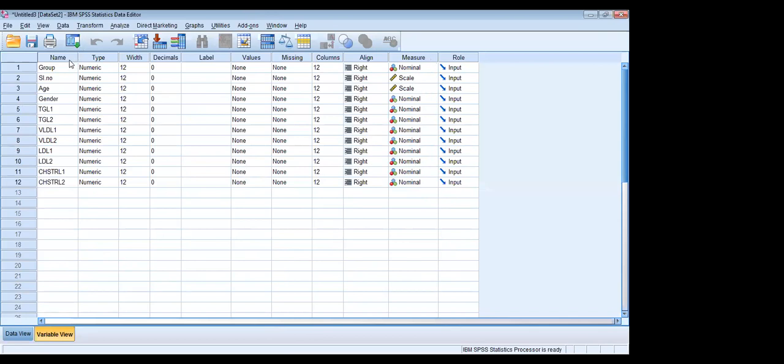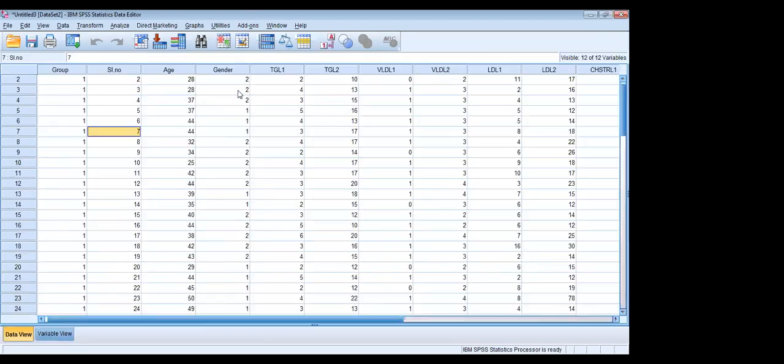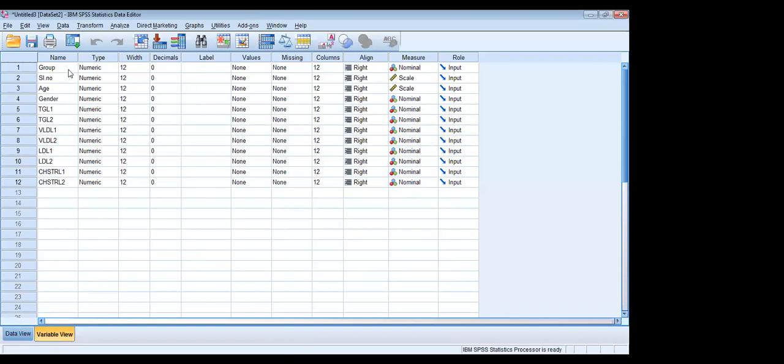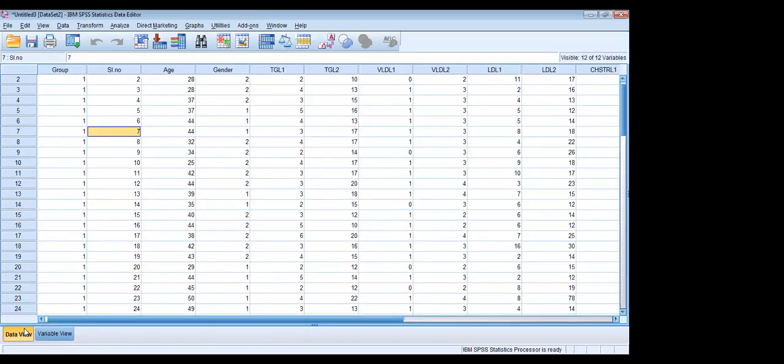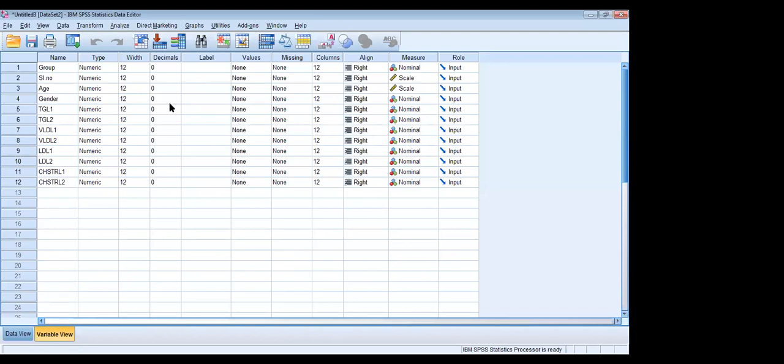But we will start from here. The type of variables, all are in a numerical format. Gender is also recorded as 1 and 2. So all data are numerical type, but they do not specify any decimal points. Actually, some have decimal points, like TG, VLDL and all.